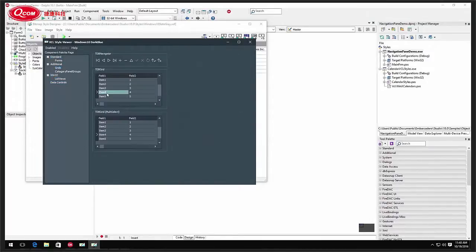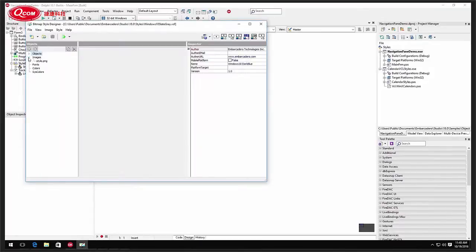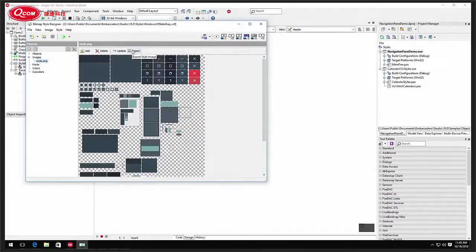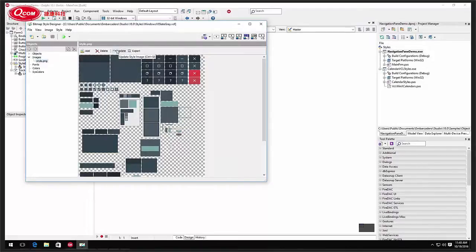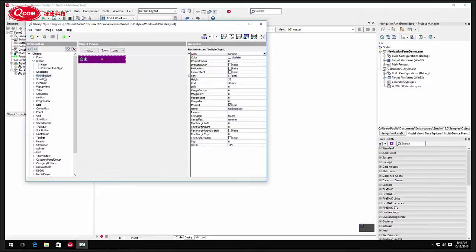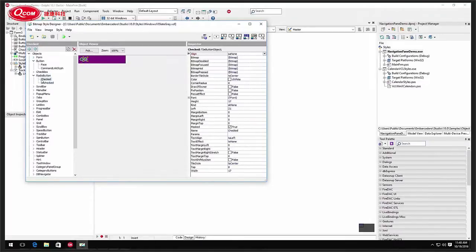I can hit Run. This is my VCL style, and I can actually preview the style here using the VCL Style Viewer. You can then browse to Images, Style PNG, and what you could do now is you could export this PNG with all the style elements. You could then import it into an image editing program, for example, Photoshop, change the color scheme, save it out as a PNG, and then you can just bring them in, update the graphics, and you have a brand new style that you can save out. And then all you have to do is save them to the proper folder. So for example, put them into the correct folder for VCL and FireMonkey,